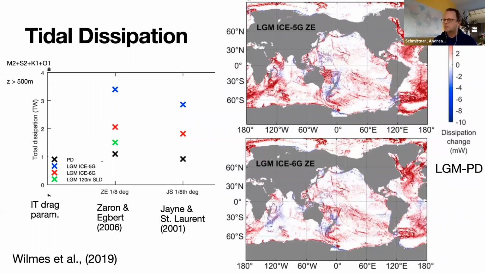Well, as you can see, the sea level lowering in itself, that is the difference between the black and the green line here. So that is only a relatively small effect. The other changes in the bathymetry due to the different ice load and also the ice extent change the geometry of the basin. That is what gives you that much more dissipation compared with just a constant sea level lower than 120 meters.